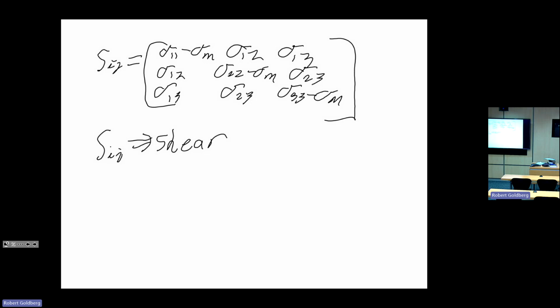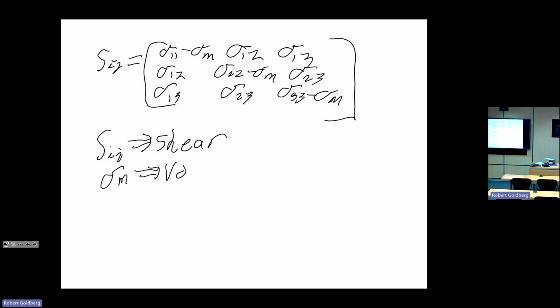So you see, if we look up here, sigma 12, sigma 13, sigma 23, the values of those deviatoric stresses are the same as the original. But for the normal components of the deviatoric stress tensor, we subtract out the mean stress,